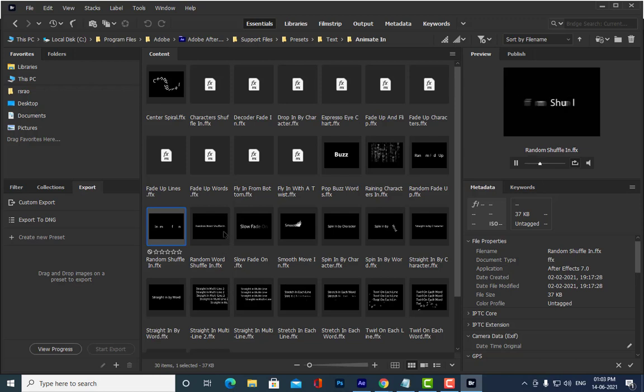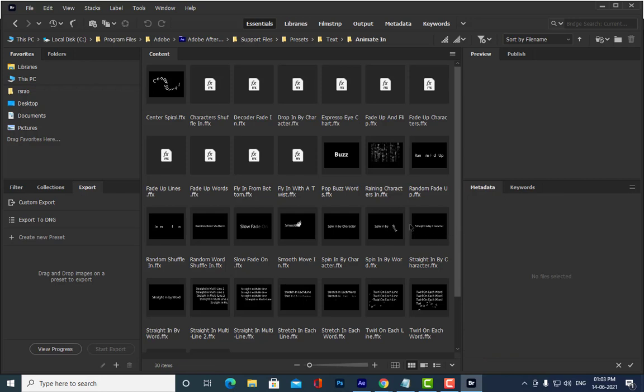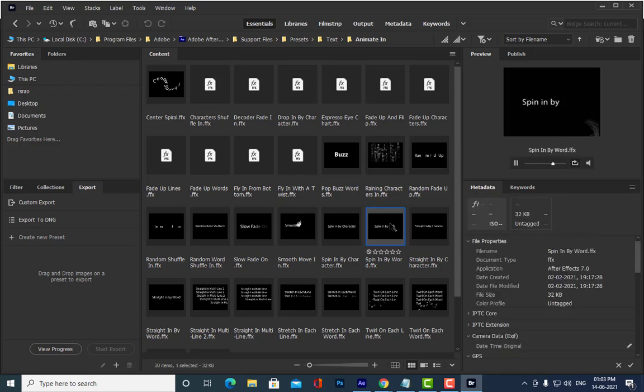See the different types of effects that are available. Okay, see, this one looks nice. We will apply this one to our text. Is it clear, all of you? Yes, sir. I'm going to apply this one.